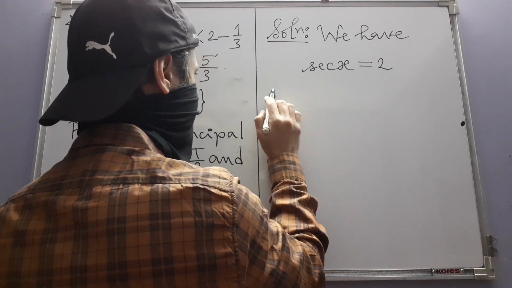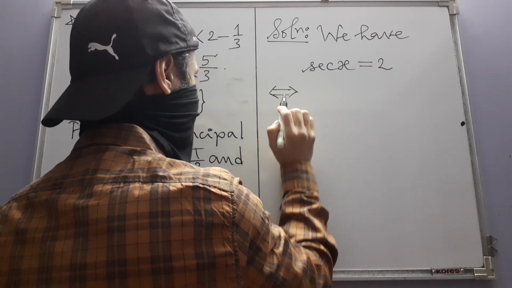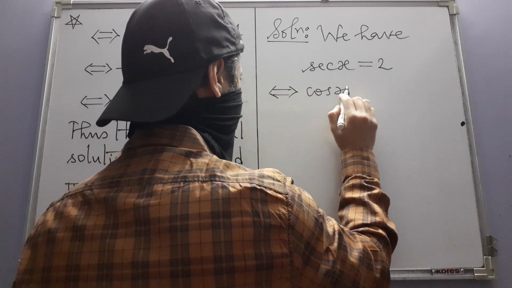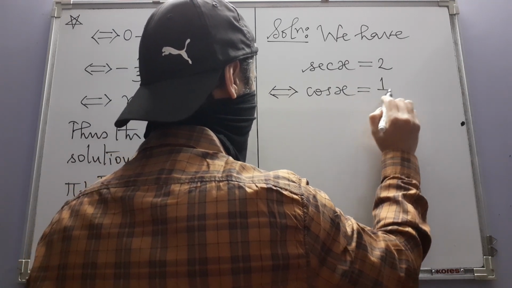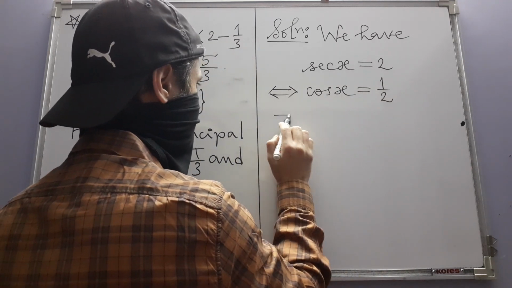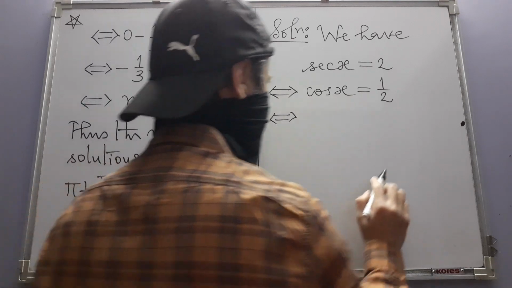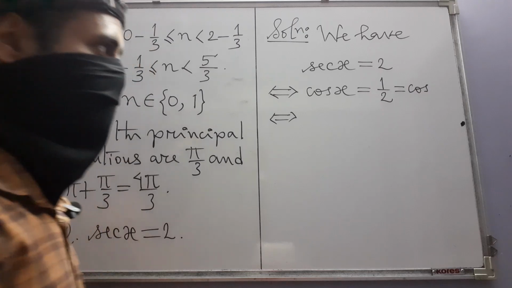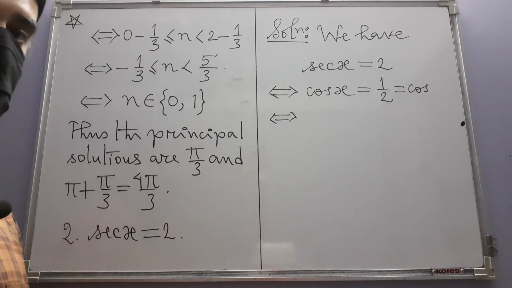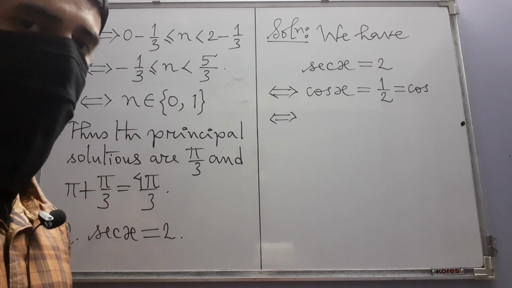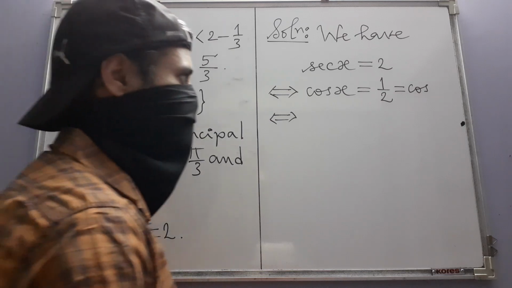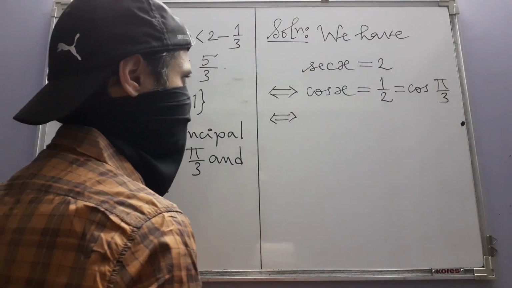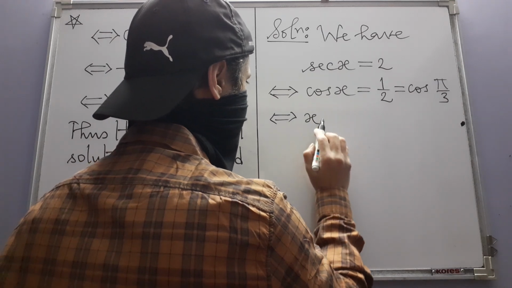Secant x is 2 if and only if cos x is 1 over 2. And what is 1 over 2? Let me write here itself. In degrees, which angle has its cosine equal to 1 over 2? 60 degrees. In radian, that is pi over 3. So x is